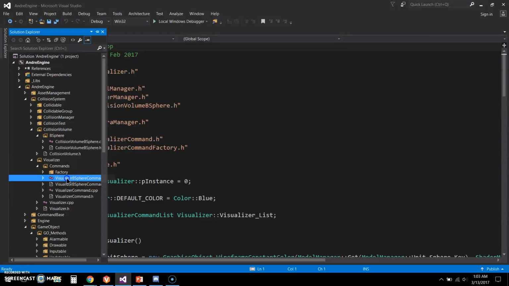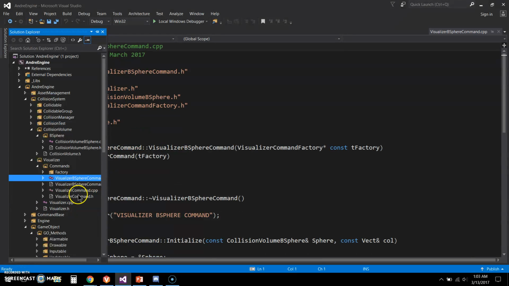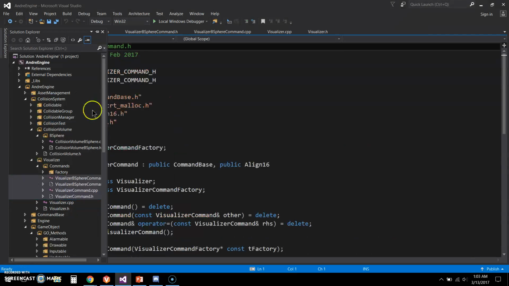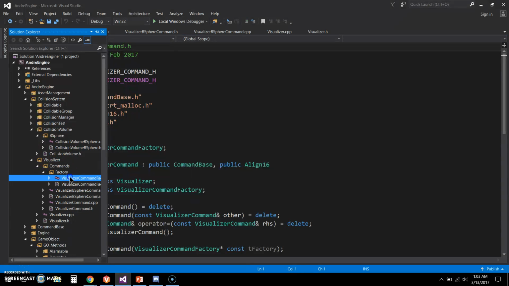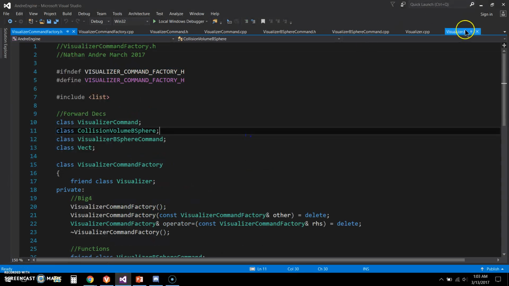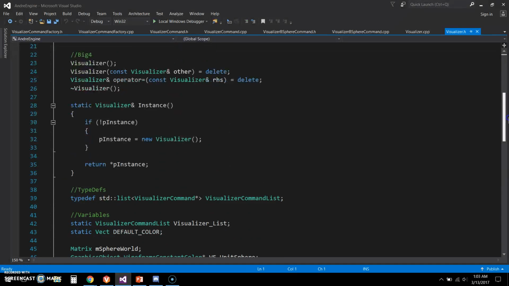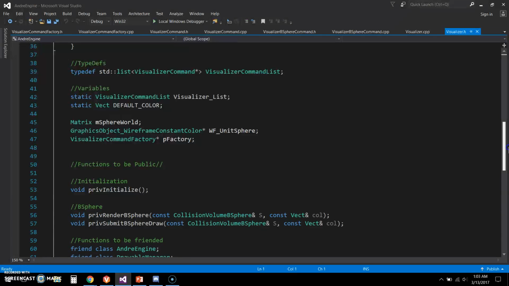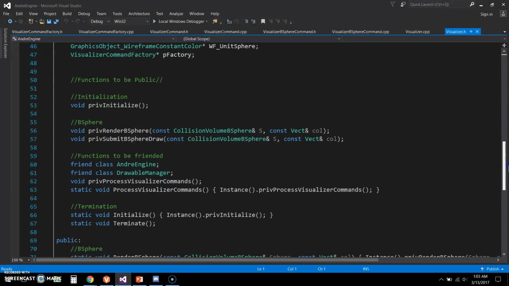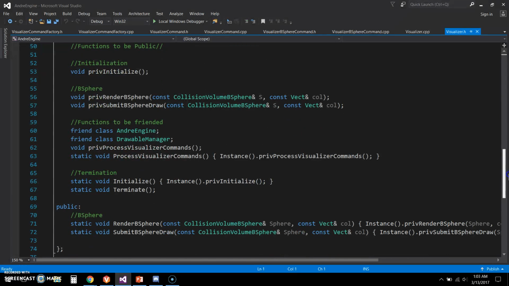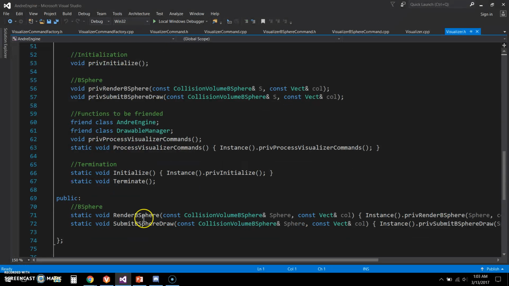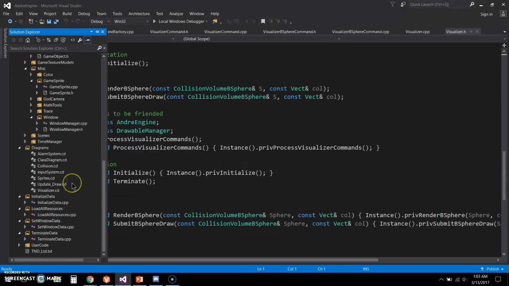And then I have the commands, and then the factory. Okay. So the visualizer, it's a singleton, and where you render and you submit the B-sphere, which works with the command pattern. And then here is the